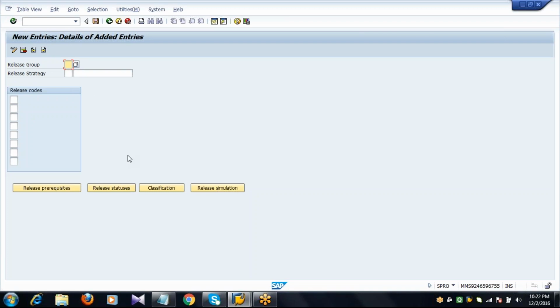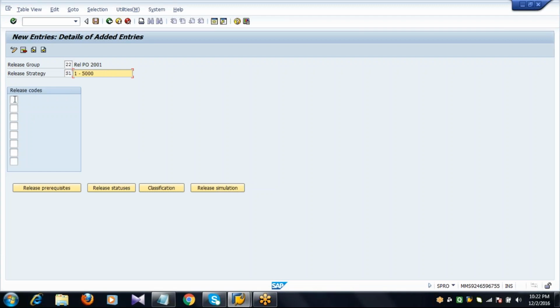The release group I created is 2, and for the release strategy, for example, I am creating it as S1. If the price ranges from 1 to 5000, it means if the value of your purchase order is up to $5,000 or euros or rupees, whatever the currency format is,